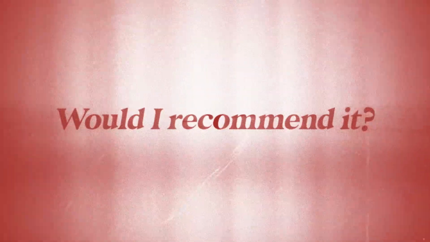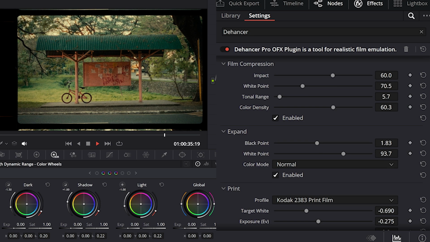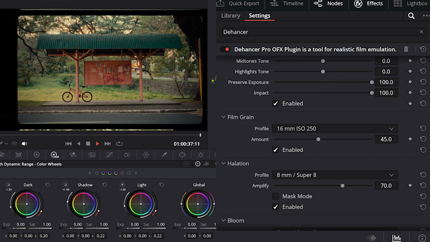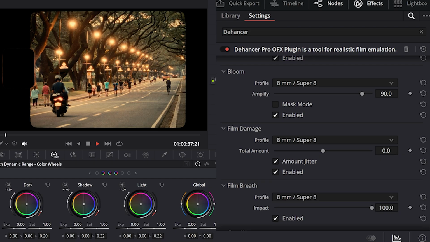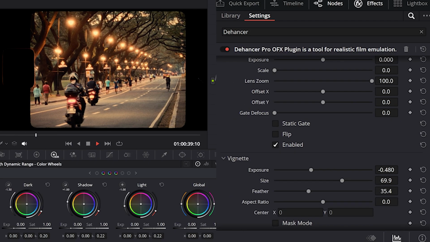edits. Here's where we need to have an honest conversation about who should actually consider buying this thing. This isn't a beginner-friendly plugin. The sheer number of tools and the understanding required to use them properly can be overwhelming if you're just starting out. If you're new to color grading, you're honestly better off getting comfortable with simpler plugins or exploring DaVinci Resolve's